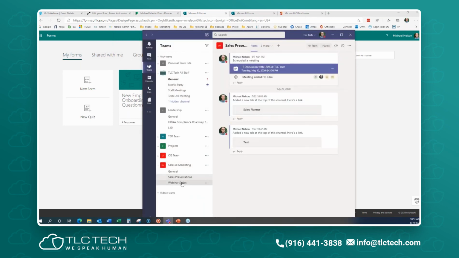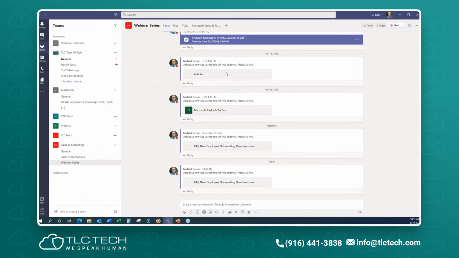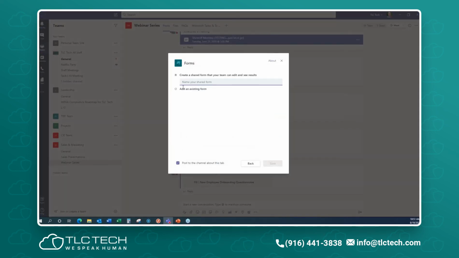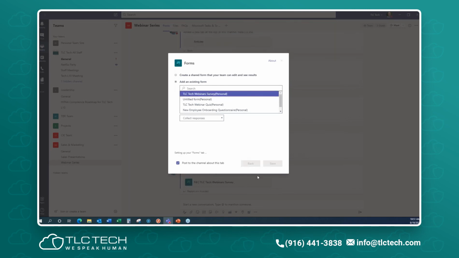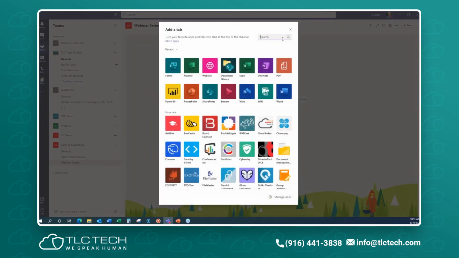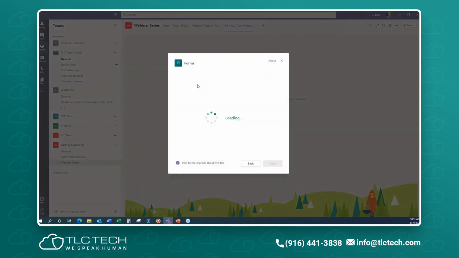If I go back over here, it's getting a little long, but I could add this form. I'll say add an existing, we'll do that one. And then I could add that, I had already deleted that. Because of the way the whole Office 365 ecosystem works, it's going to take a little while for those deleted ones to actually delete out of the master database that Microsoft 365 has.